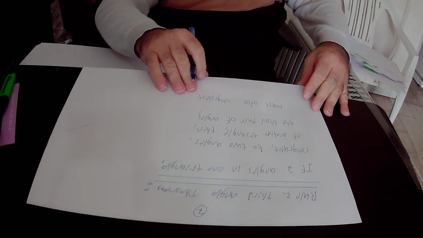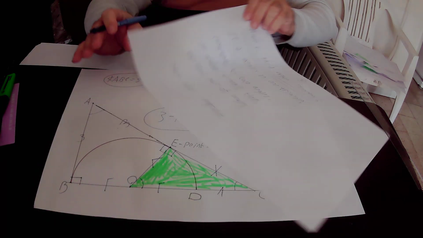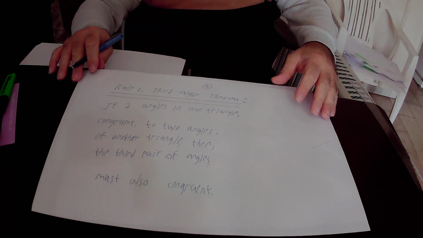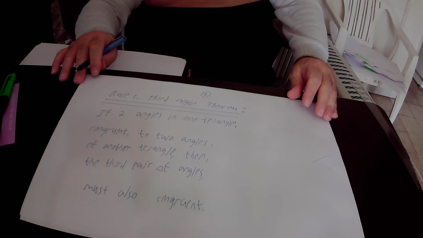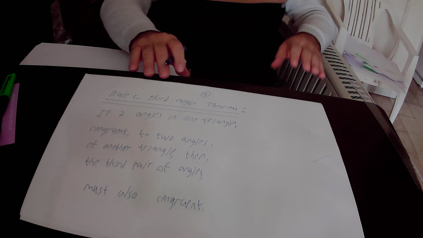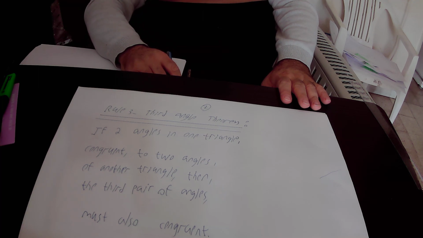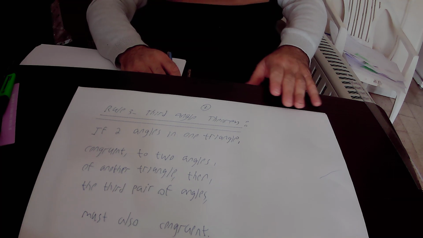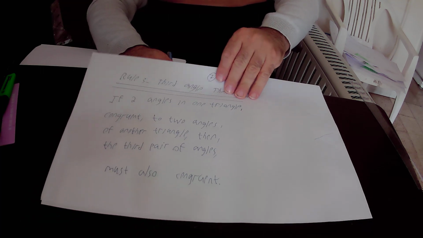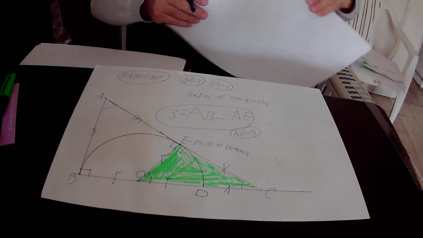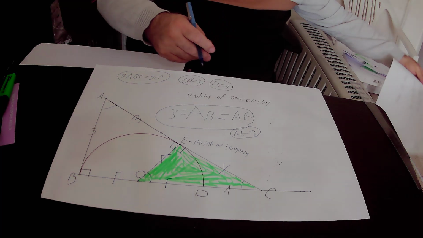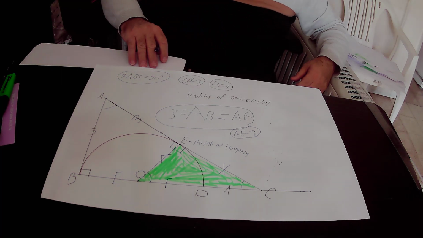So I will read rule number 3 again. Rule number 3 states that if two angles in one triangle are congruent to two angles of another triangle, then the third pair of angles must also be congruent. Okay, so what is the meaning of the third angle theorem? The meaning of the third angle theorem is that if you actually have two triangles,